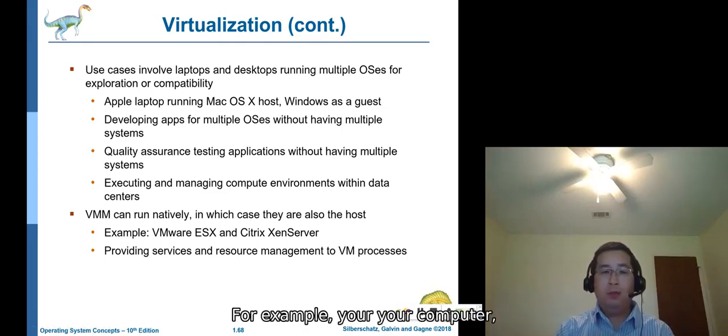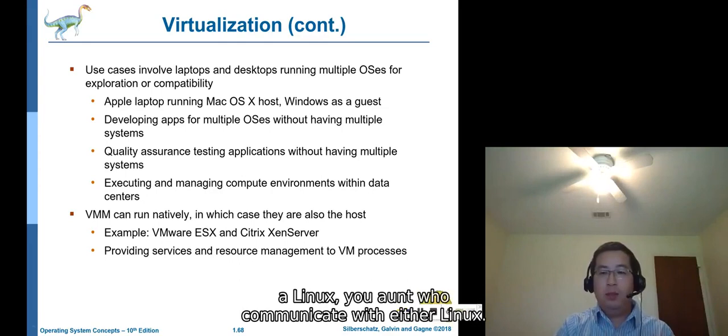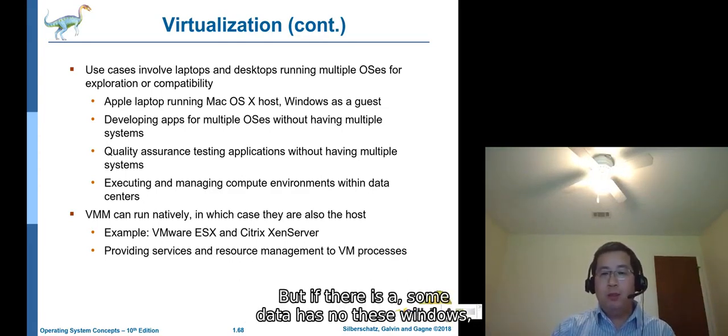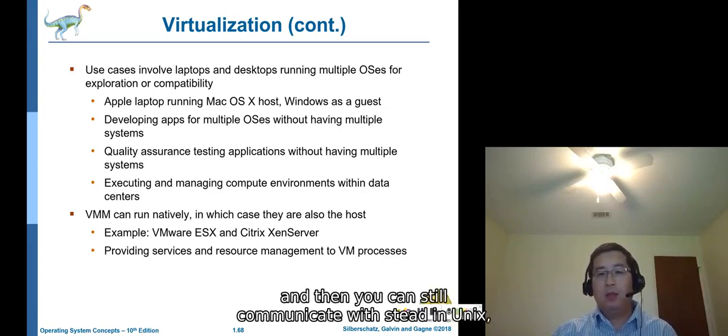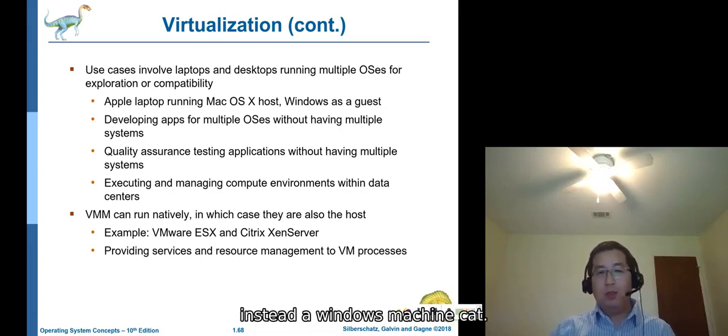For example, your computer is Linux and you want to communicate with other Linux machines, but if some data node is Windows, you can run a Linux virtual machine there, and then you can still communicate with that Windows machine, right?